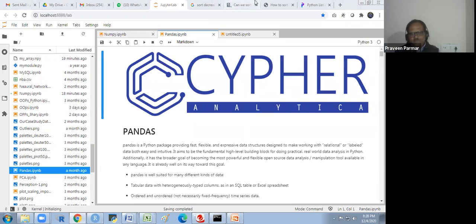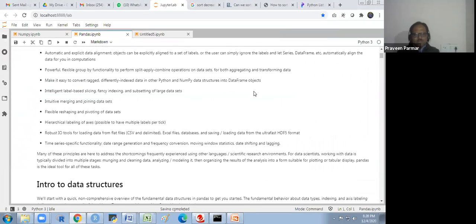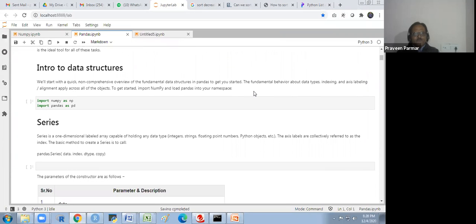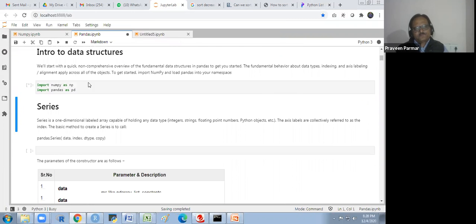I explained to you each and everything about pandas, so I will not explain here. Here I have also written many things in the script. Whenever you run pandas, I suggest you import NumPy also. Not compulsory, but you also import this.